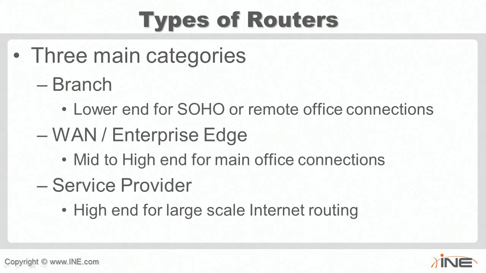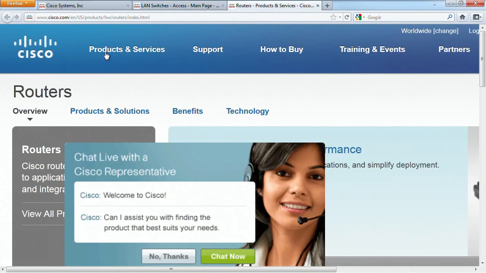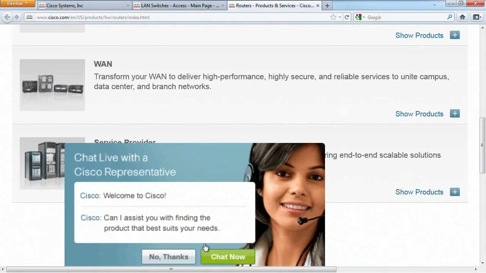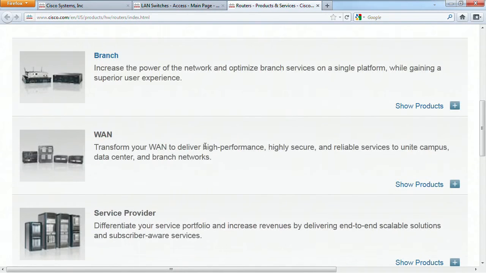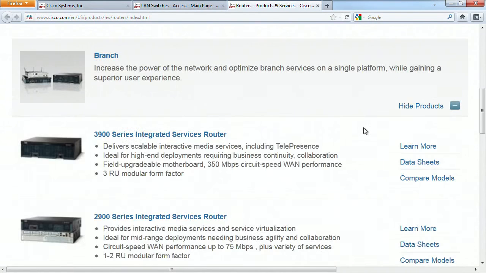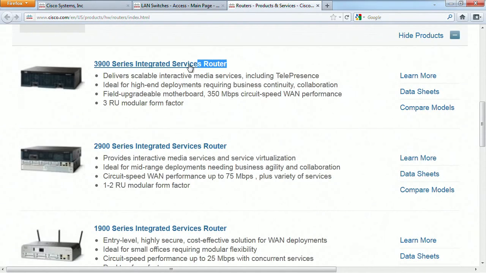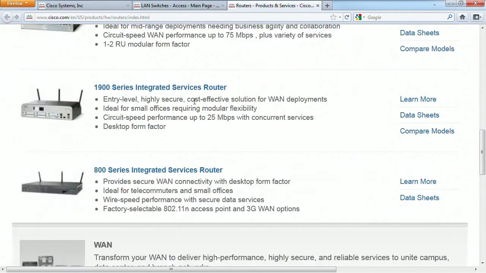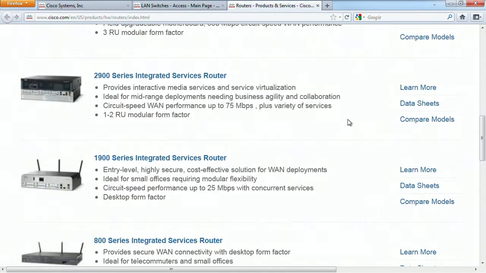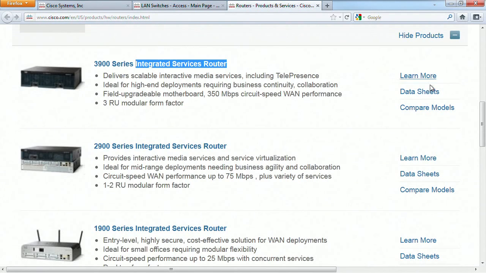Now, if you likewise look at the products, it's going to be separated similar to how the switches work, where we have the branch routers. These would be what they call the current ones, called the integrated services routers, or the ISRs. This would be like the 1900, 2900, or 3900 series. The ones before that, if you click on to compare the models or look at all of them, generally these ones are going to be,